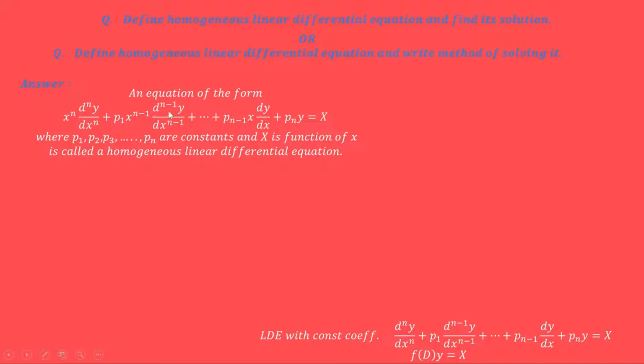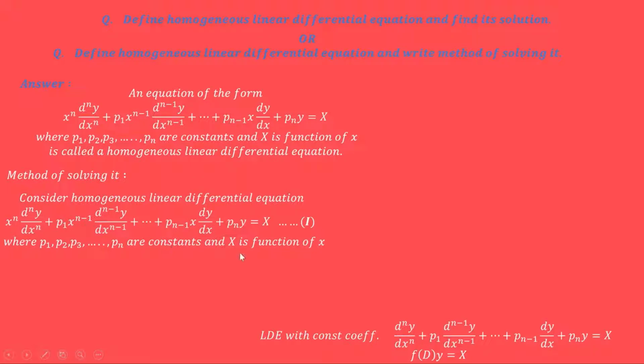Now we have to find the solution of homogeneous linear differential equation. So we have to see the method of solving it. First, consider that homogeneous linear differential equation and call this equation number 1. We have to solve this homogeneous linear differential equation. So first we have to reduce it to the linear differential equation with constant coefficients. For that, we have to put some substitution. So put z is equal to log x, that is x equals e raised to z, and capital D